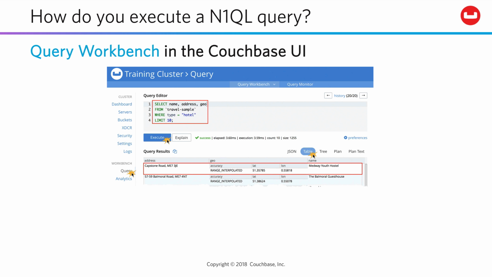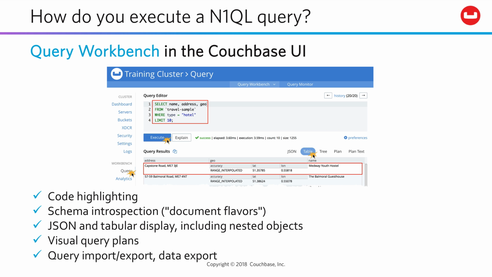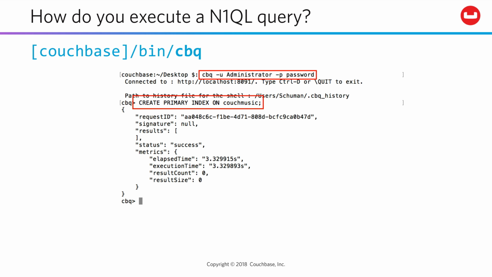As you've seen in demos, NQL queries can be developed and tested in the Query Workbench within the UI. This tool supports code highlighting, schema introspection, visual query plans, query history, query statement import, and the export of query results. Or, if you're the command line type, and you know who you are, you can alternately use CBQ, which is also a thorough NQL tool, and allows you to control output in case you want to work with piping